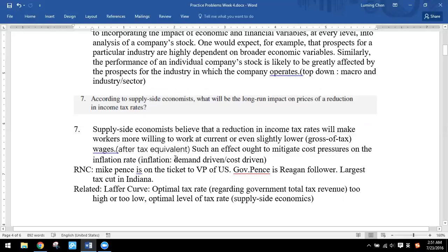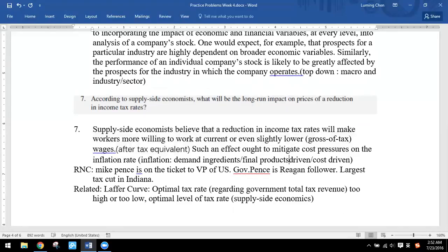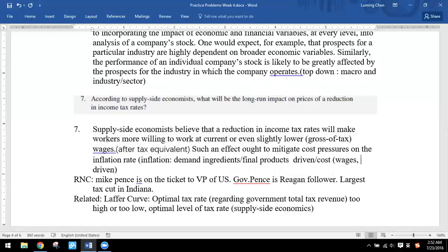Such an effect ought to mitigate cost pressures on the inflation rate, because we know that inflation is driven by two main sources. The first one is the demand for the major ingredients or final products. And the other is cost-driven, which is the wages, the cost of inputs,